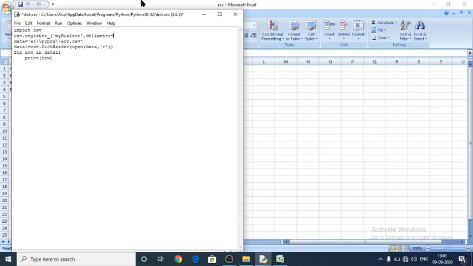Here delimiter is equal to the pipe symbol. And next, we are going to use skipinitialspace. I have already mentioned what is the use of skipinitialspace. Because of using skipinitialspace, it will skip the space in front of the first record in each and every line.